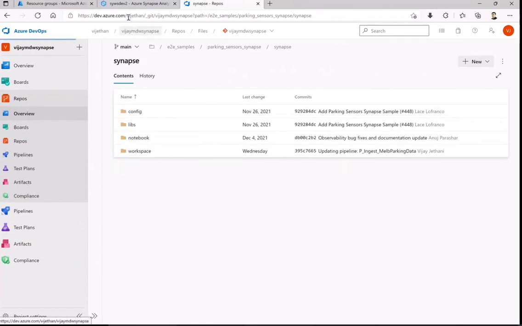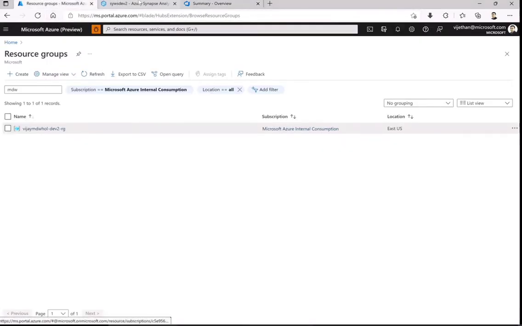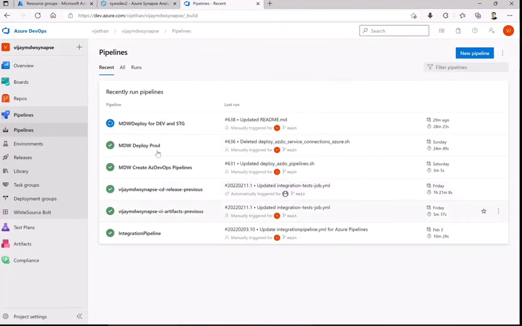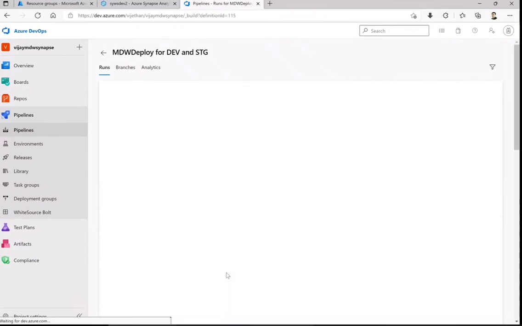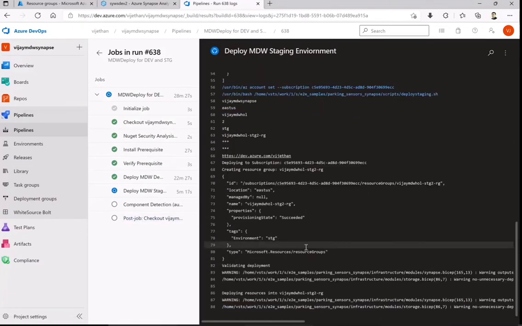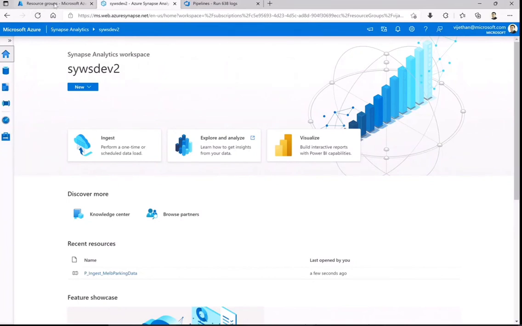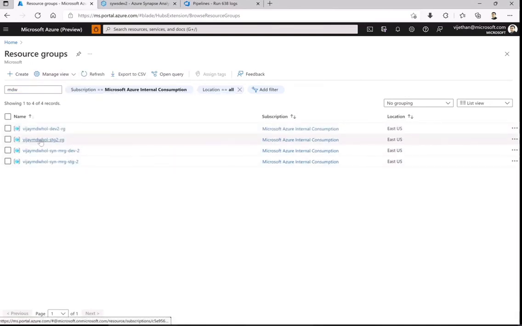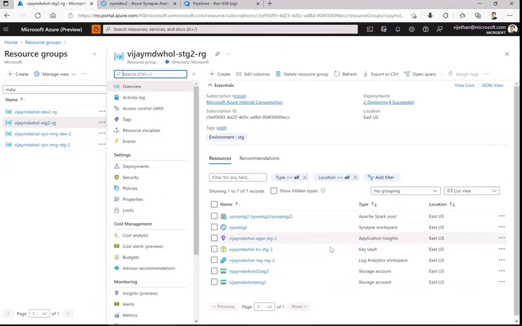Okay, so let us come back to the pipeline itself now. It is still at, I think, the deployment. So you can again go to that resource group and check. It will show you staging as well now. Okay, so we got staging as well now. Again, it is waiting for the similar structure the way we have seen for the development environment.